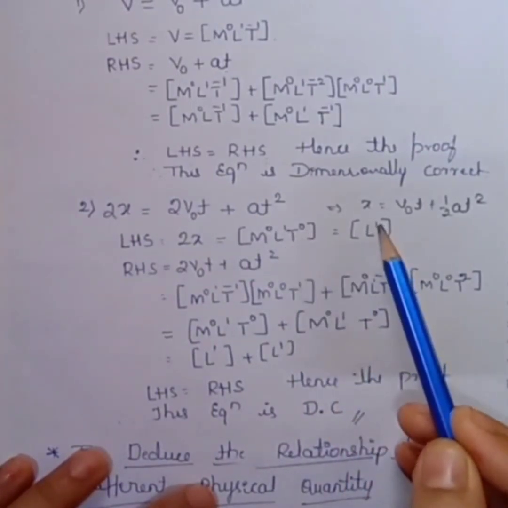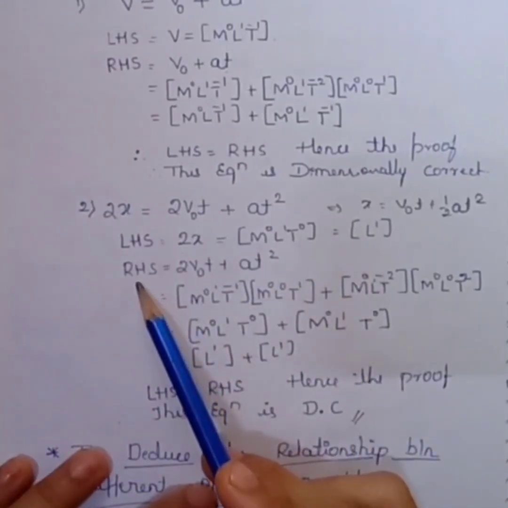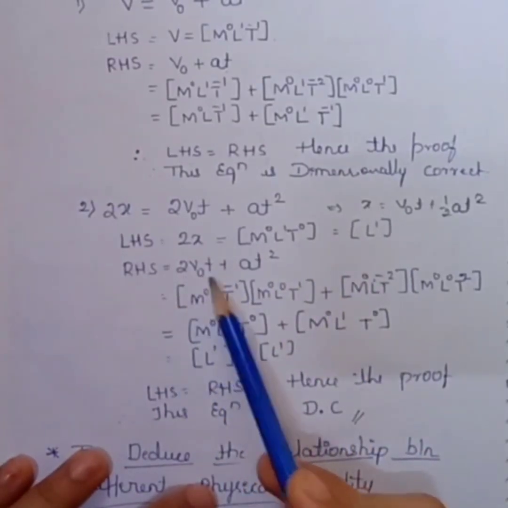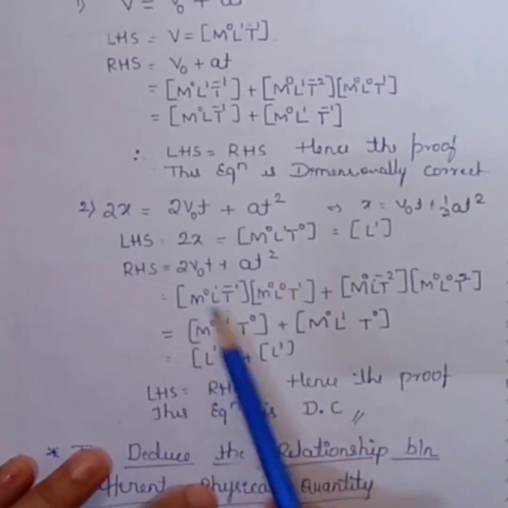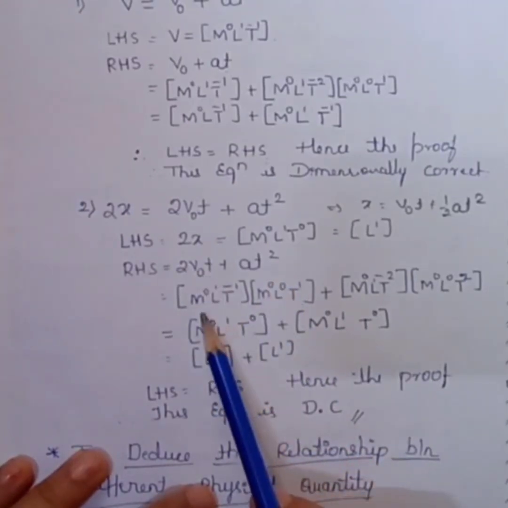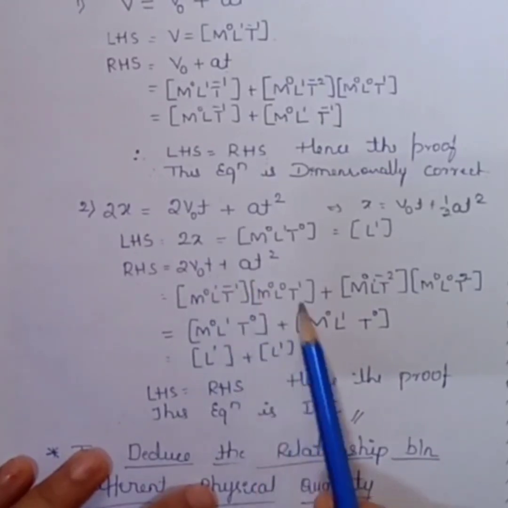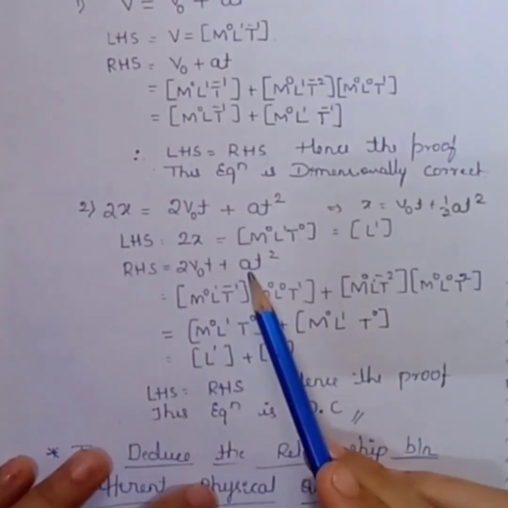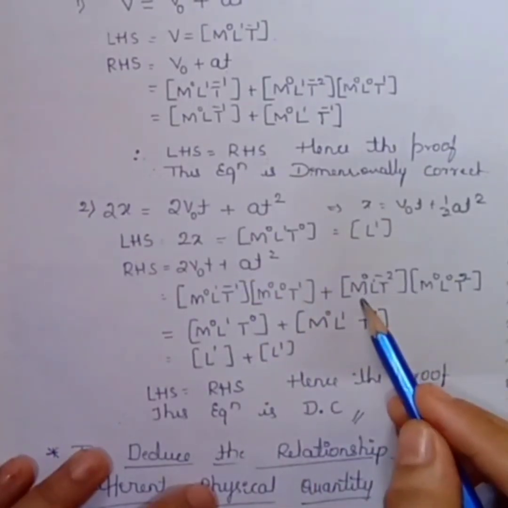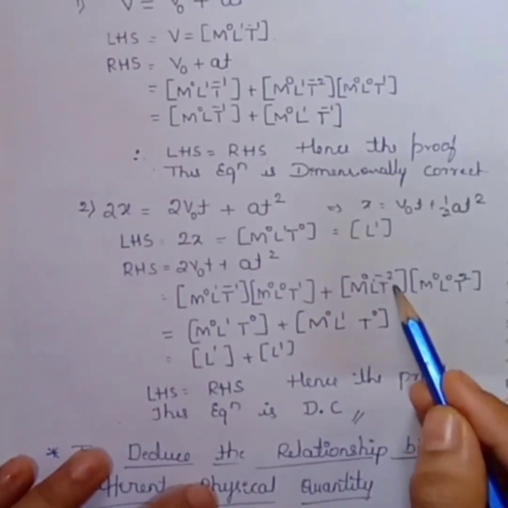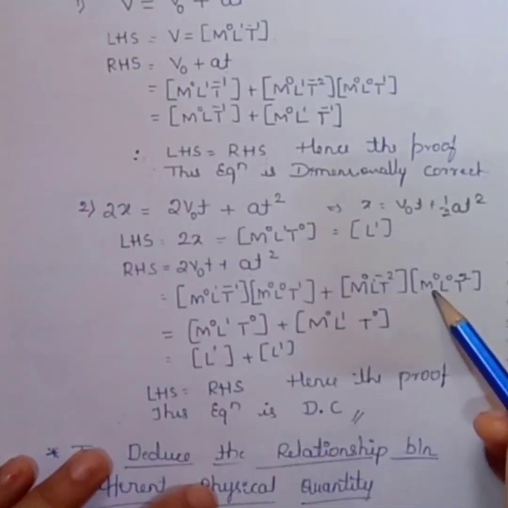That one is L^1 only, the LHS part. RHS equals 2v0 t plus at^2. v0 is initial velocity, can be written as M^0 L T^-1 and t can be written as M^0 L^0 T^1, plus a means acceleration can be written as M^0 L T^-2